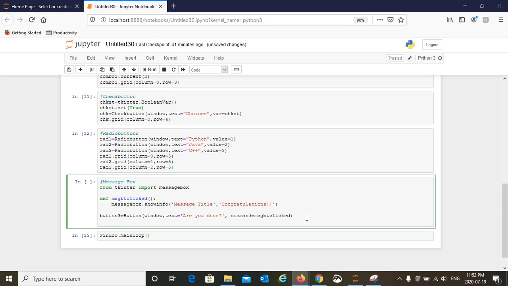And yes, you are right, we're going to position this on the grid. Column equals 0 and let's say row equals 6. So far so good. Let's run it.